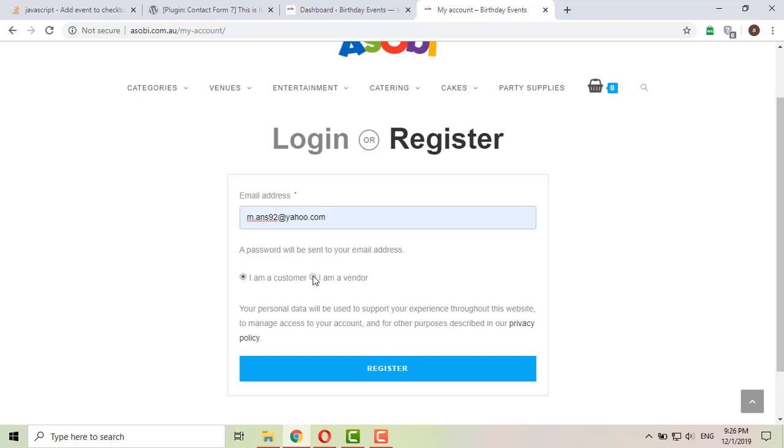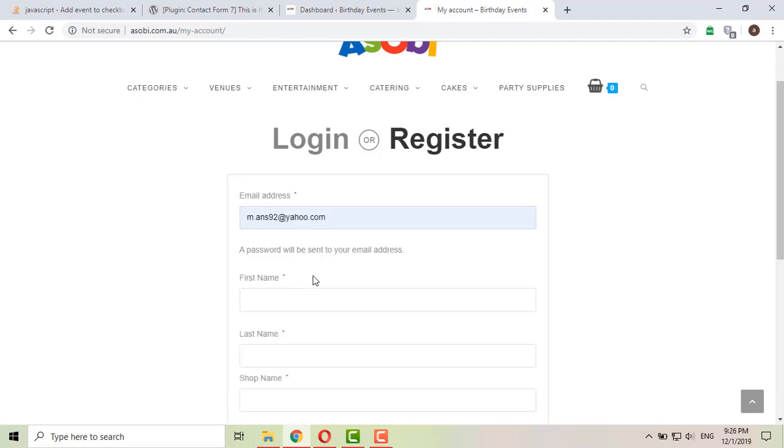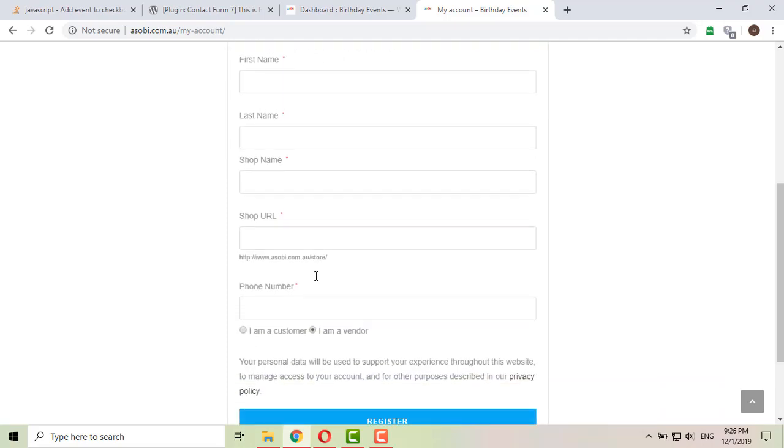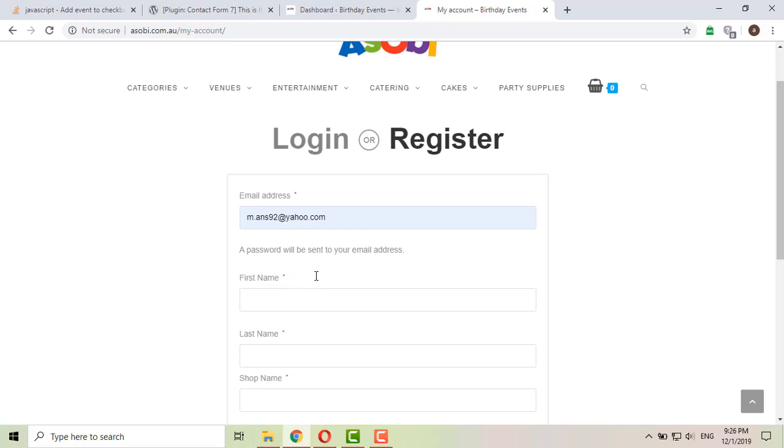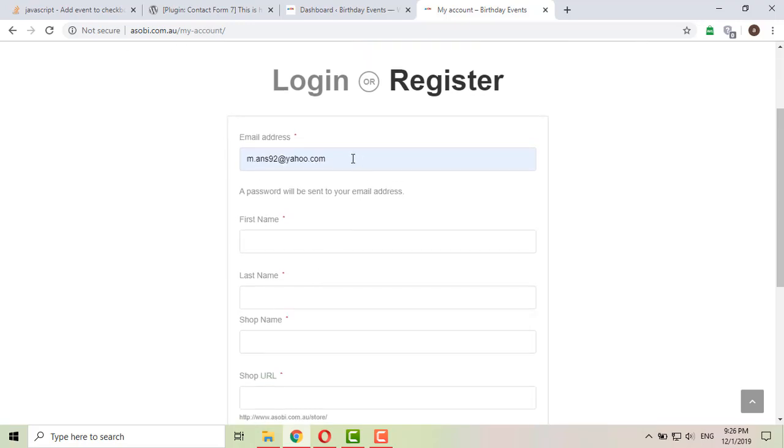I will check this radio button, and then you can see a complete form opens. As I have already registered with this email address as a demo to check its functionality, it may give some error, but we will check that. We will put in some demo content.